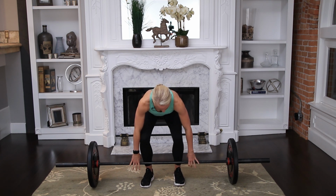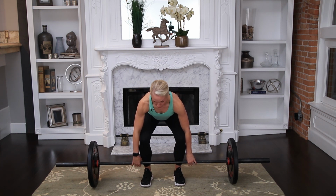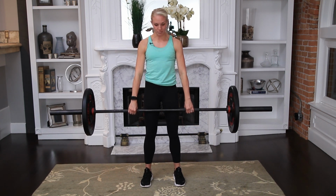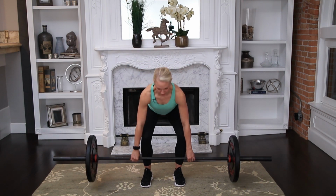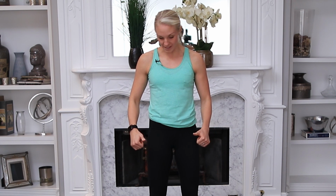Okay, so from here, now we're incorporating all of our arm and upper body muscles as well. As I push through my heels to bring that weight up, you'll notice now all the weight is in my hands, forearms, shoulders, biceps, all those muscles in my upper body. So again, so many benefits you can see by just performing that one lift, as